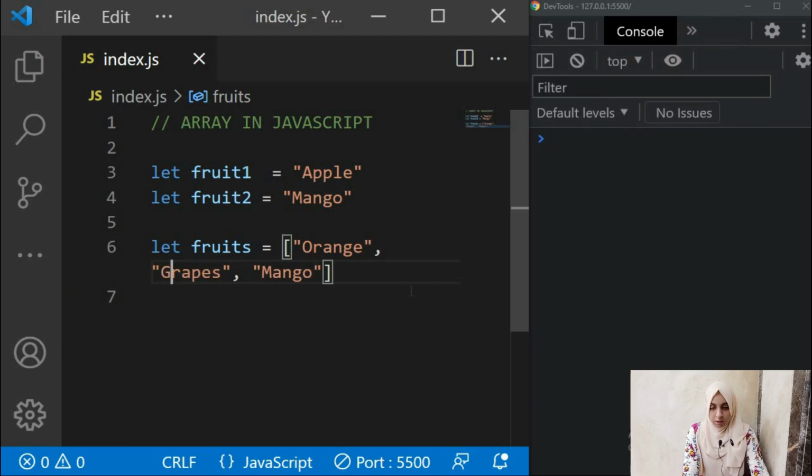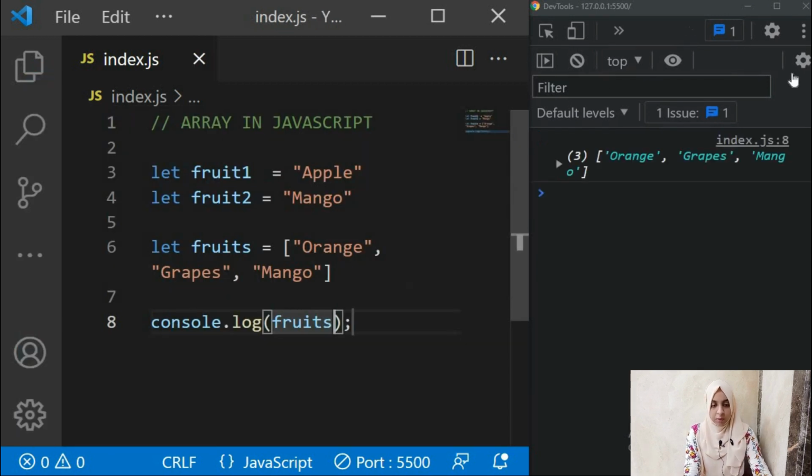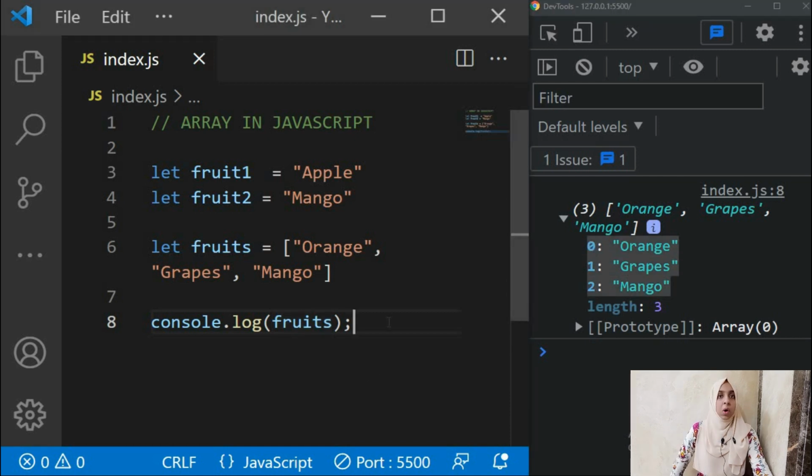Now when you log this, that is your fruits variable, can you see what you get in the console? Here you get your array, the list of items, the list of your fruit, all placed in one variable. Before this we could have defined different variables for different names, but that doesn't make sense when you want a list of things together in one variable. So what we did with an array was put together all the elements in one variable. This is how you define an array in JavaScript, with square brackets, and you separate your different items with a comma.